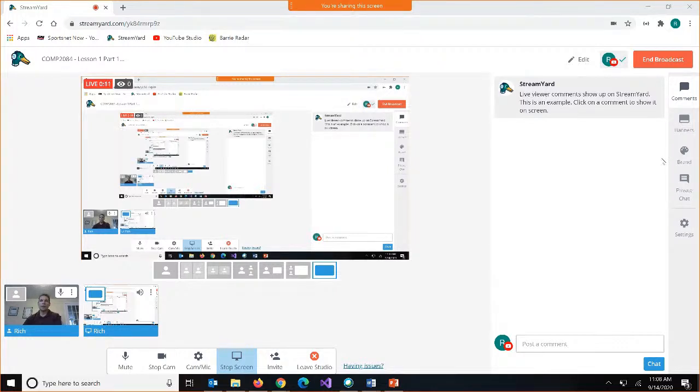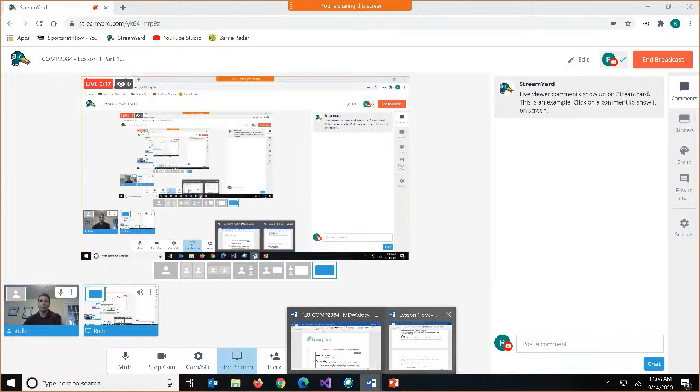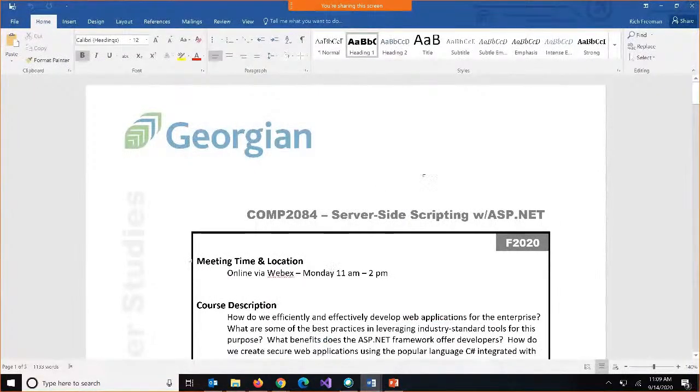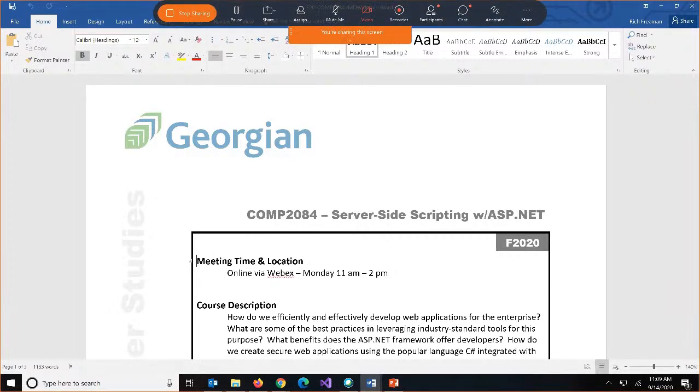All right, so today is lesson 1 of COMP2084 server-side scripting. I've actually got 3 sections of the course: a Tuesday section for Lakehead, a Wednesday section for computer programmer, and our section for interactive media is on Monday. So, of course, it will get repeated, but I'll do it a little bit